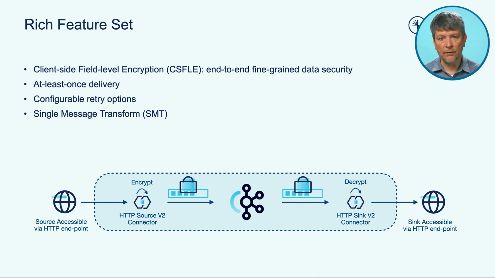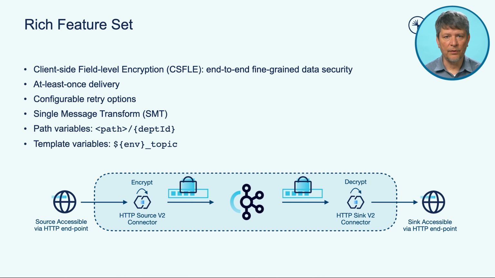The HTTP Sync v2 connector also supports path variables and template variables. Path variables allow dynamic URL paths based on Kafka record values. This is useful when routing data to different API endpoints based on dynamically changing values. Using template variables in Kafka connectors allows for dynamic configuration of connector settings, enabling flexibility by substituting values like topic names at runtime. This makes connectors more adaptable to different environments or datasets without requiring manual configuration changes for each